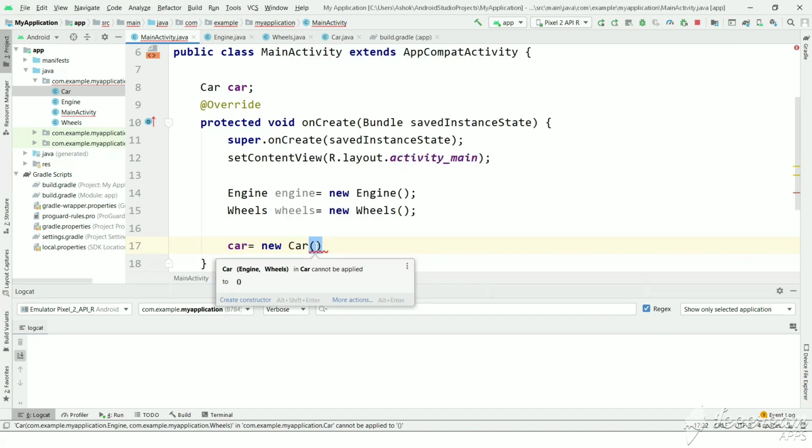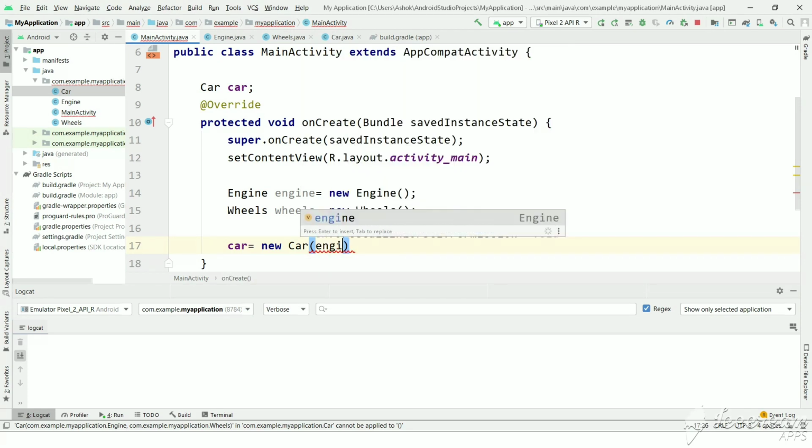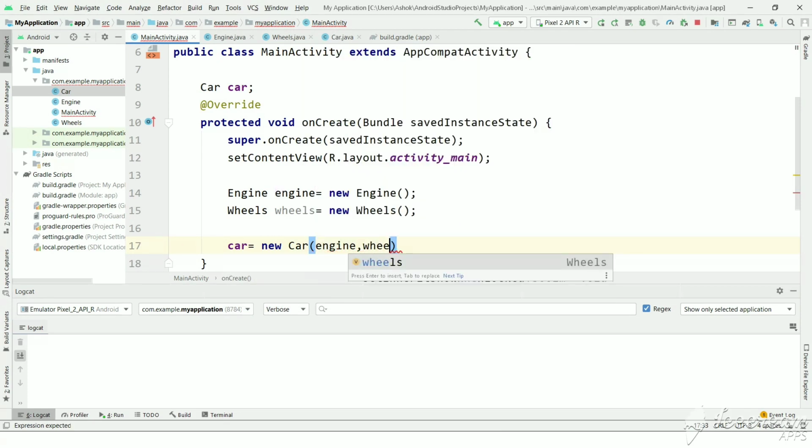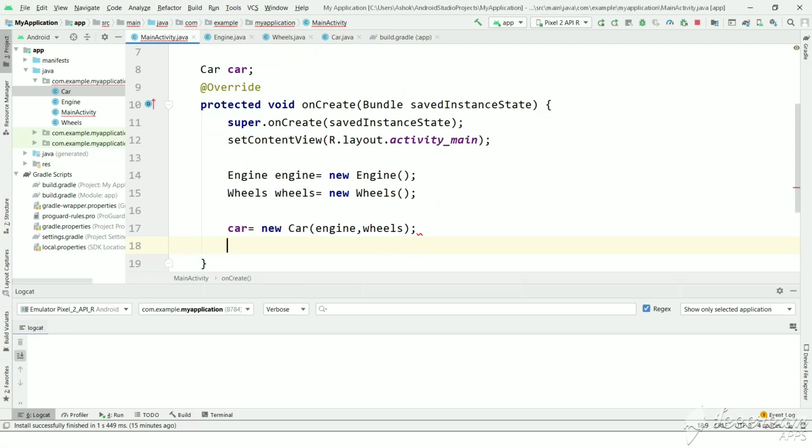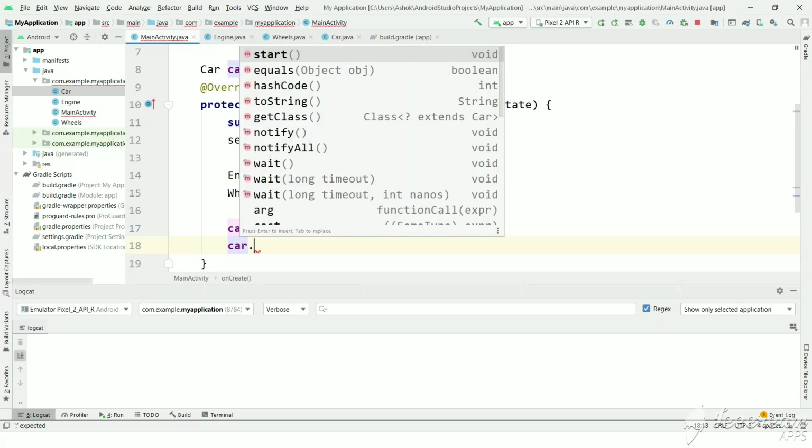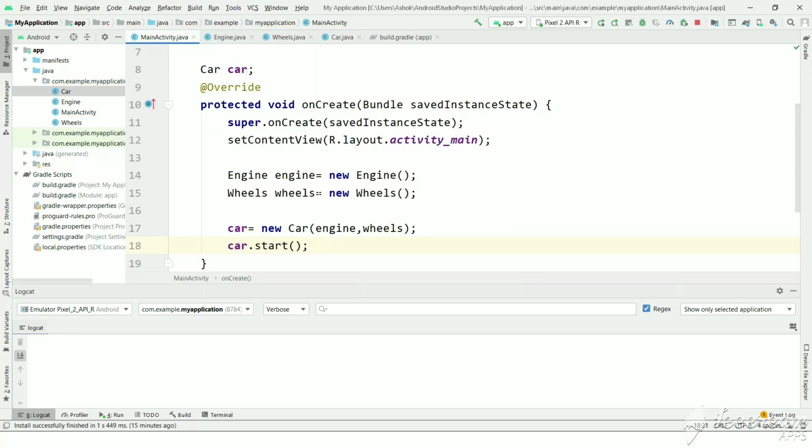Car has a constructor taking engine and wheels. We will pass engine and wheels. Let's call start. So let's run this.